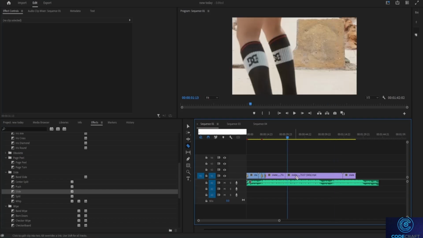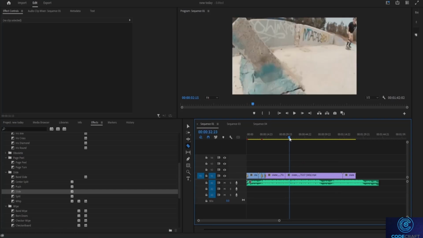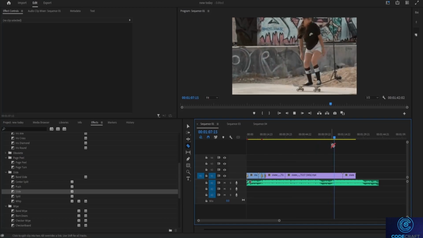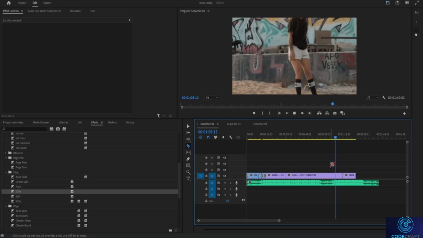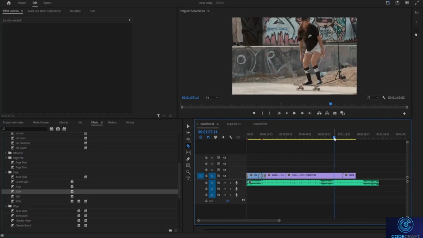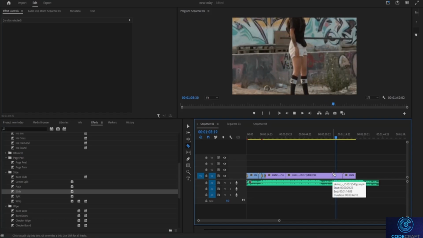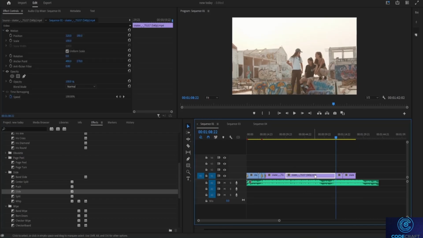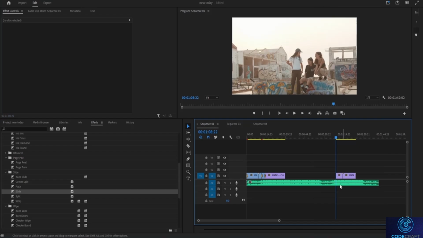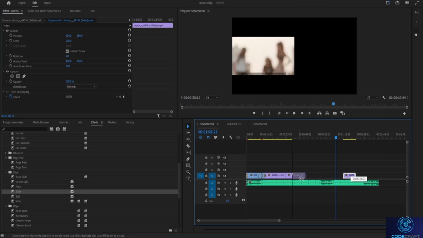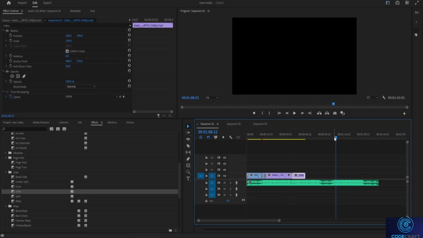So since I've cut it from over here, I'm gonna cut it from another place as well, like this one. Just so it has a smooth transition, I'm gonna cut it from right over here, okay? So after doing that, I'm gonna select this part over here. I'm going to cut it because I don't need that part. I'm gonna join this part right over here, and I'm gonna join this part over here as well. All right. Okay, now let's